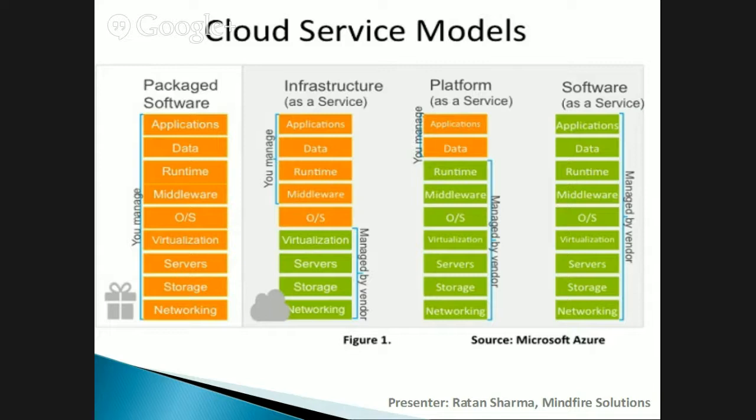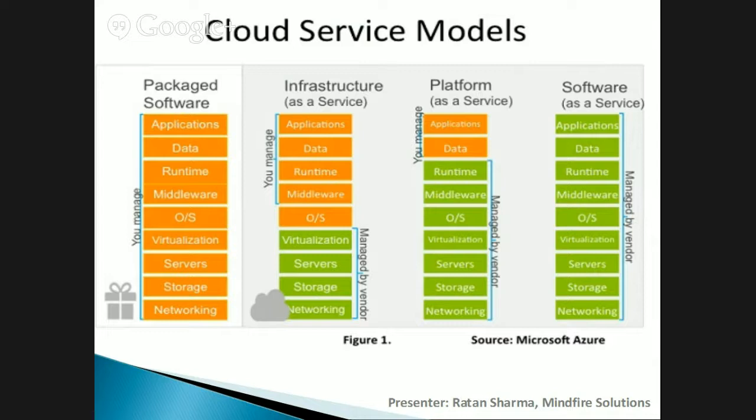Then there are three types of major cloud computing: infrastructure as a service, platform as a service, and software as a service. The first one, infrastructure as a service, we can think of as like the PC we are using. The cloud provider will give us the PC.